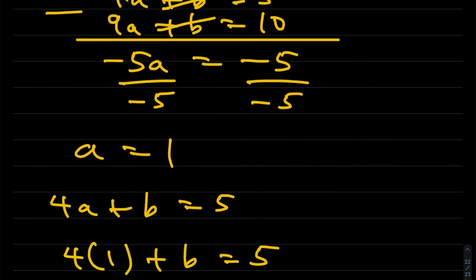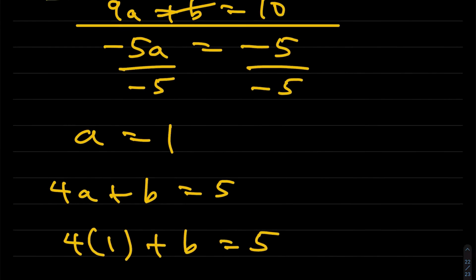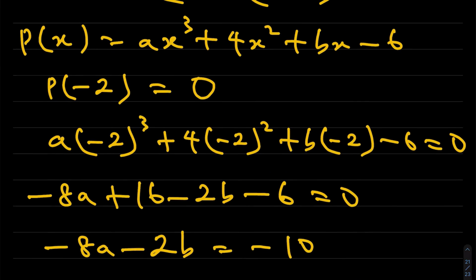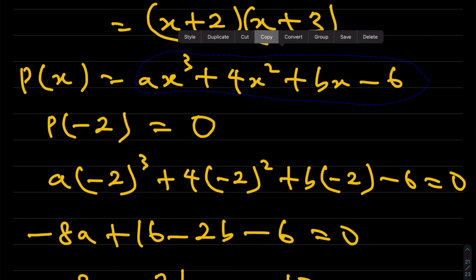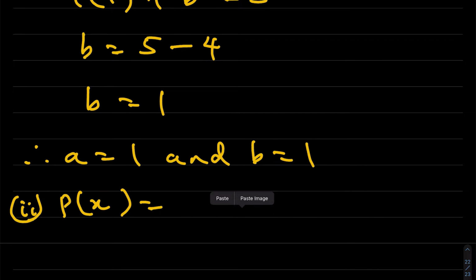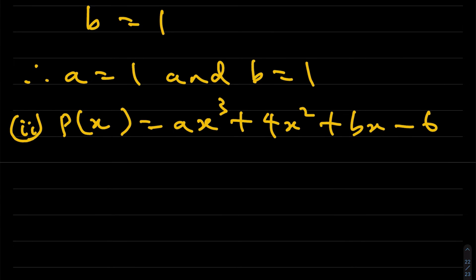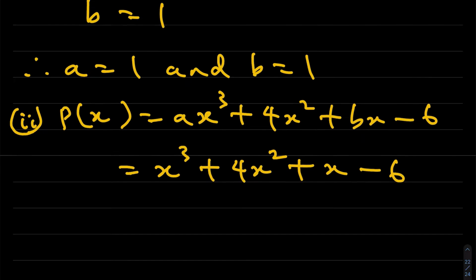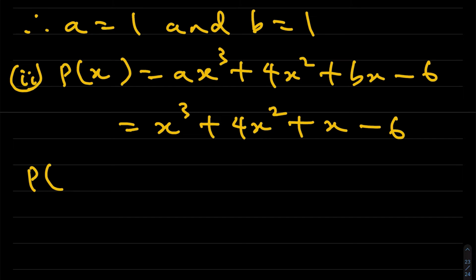Now I can state p of x fully. P of x is ax cubed plus 4x squared plus bx minus 6, and that's equal to 1x cubed, which is x cubed plus 4x squared plus b is 1, that's 1x, which is the same as x, minus 6. Now what's the remainder when this p of x is divided by x minus 2? The remainder will be p of 2,